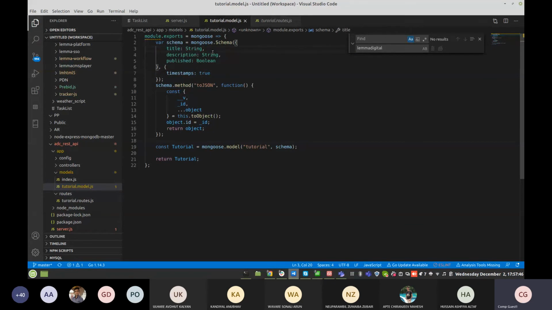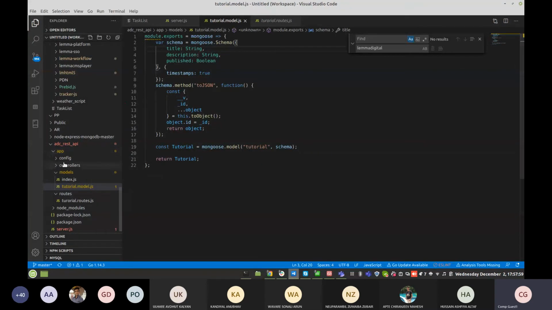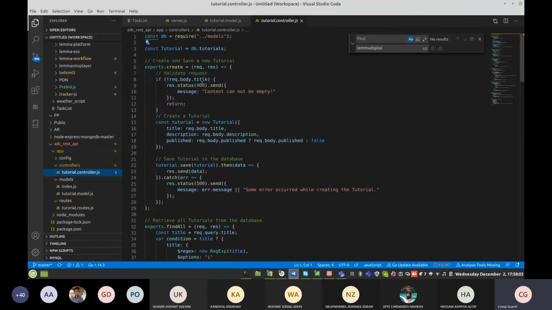So what value do you need to pass? Okay, string, object, array, or boolean. Okay, so these are the three fields we need to add here. But in our controller, the title is mandatory. Okay, without a title we cannot save the data.